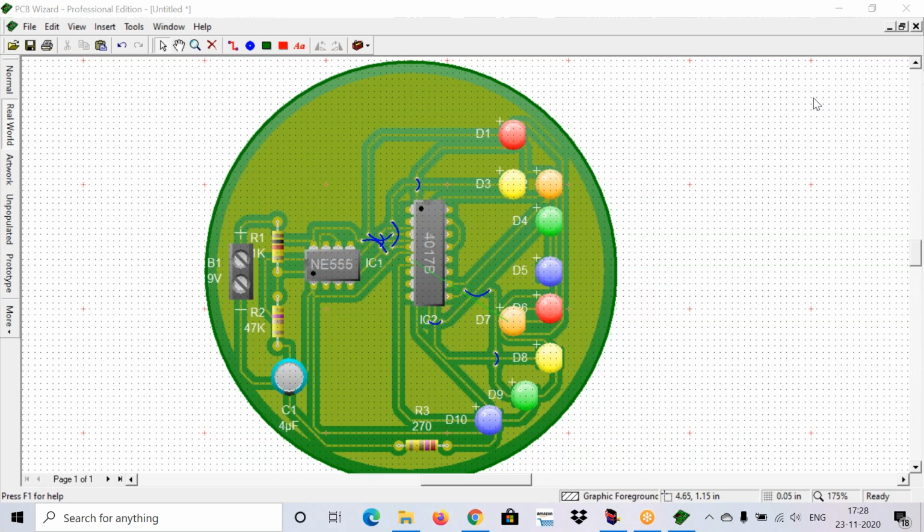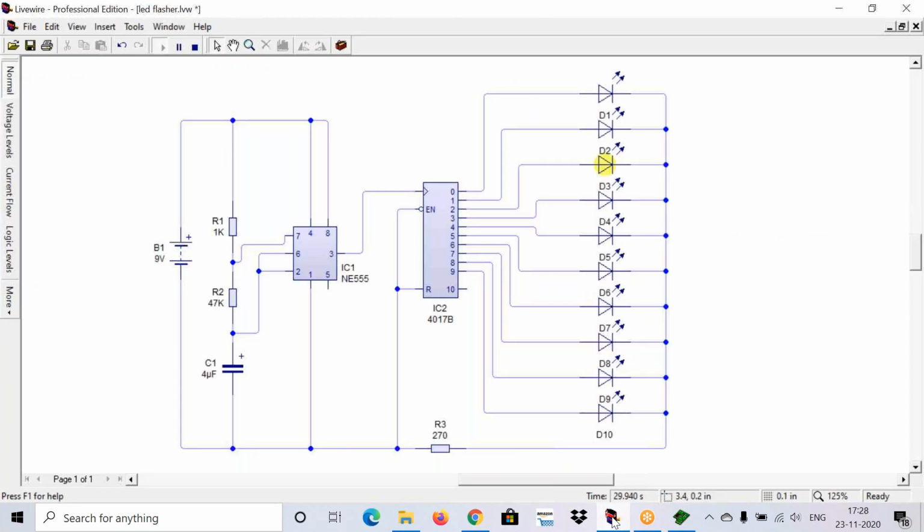One more point I forgot to tell you, open the Livewire software. If you observe the left side options that you have, you can check the voltage levels and current flow of your circuit.